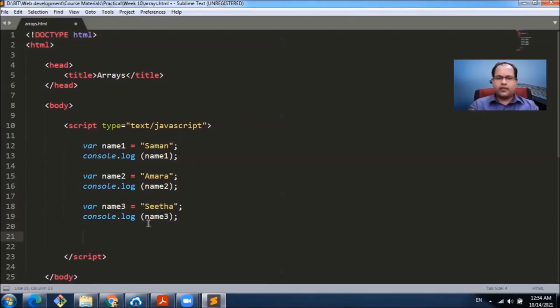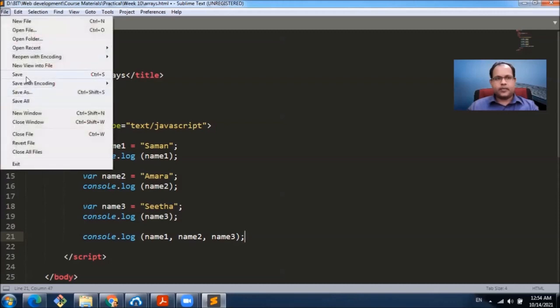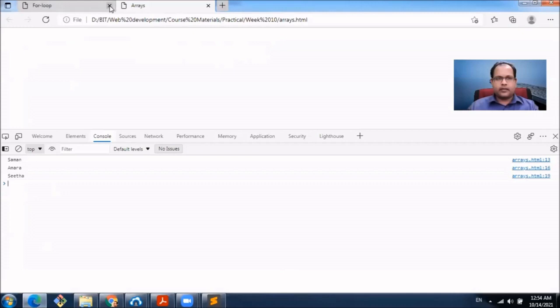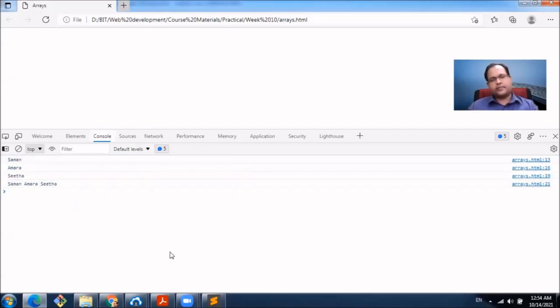But at the end of the program, we can console log name 1, name 2, name 3. We can access all three names now. Let's save it and refresh it. Right. Now, after the three console logs, we can see all three names here.